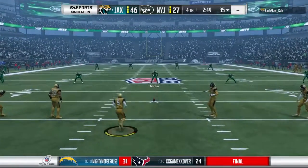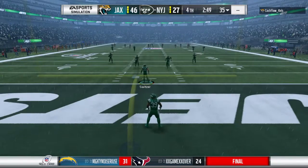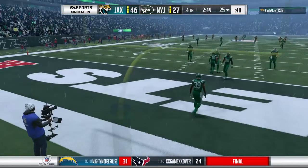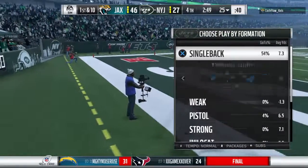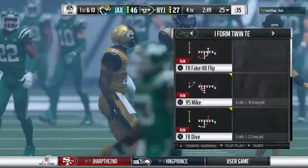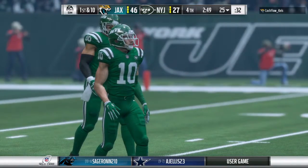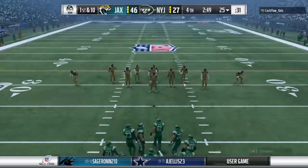Bailey now to kick this one away. And this will be a touchback as that sails over the end line. The Jets offense now works their way back onto the field. And with this deficit, you can't have too many more drives like the last drive where you had to punt